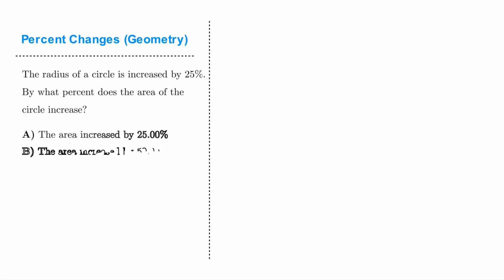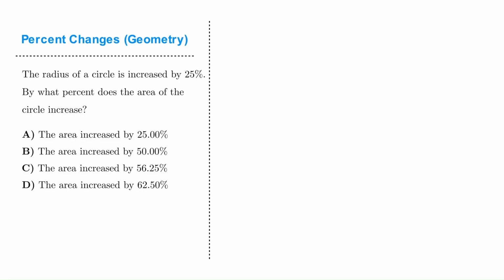In this last problem, let us analyze how percentage changes accumulate, specifically within a geometric context. Consider a circle whose radius is increased by 25%. Our goal is to determine the resulting percentage increase in the circle's overall area. To find the exact change, we begin by representing the original radius of the circle with the variable r. Since the radius is increased by 25%, we can express the new radius by multiplying the original radius by a